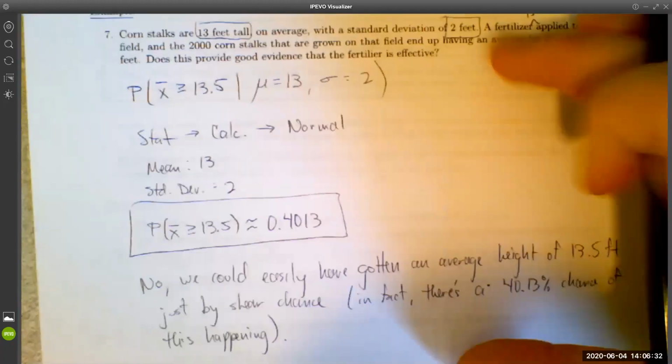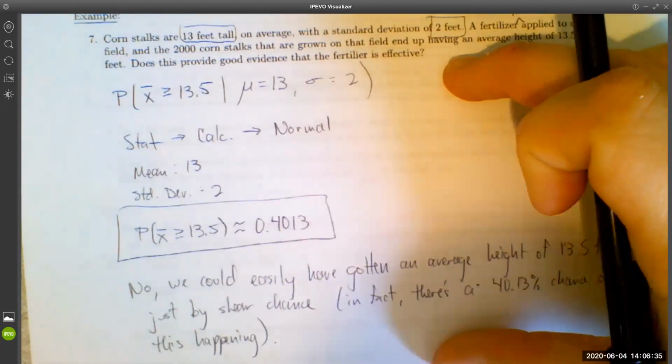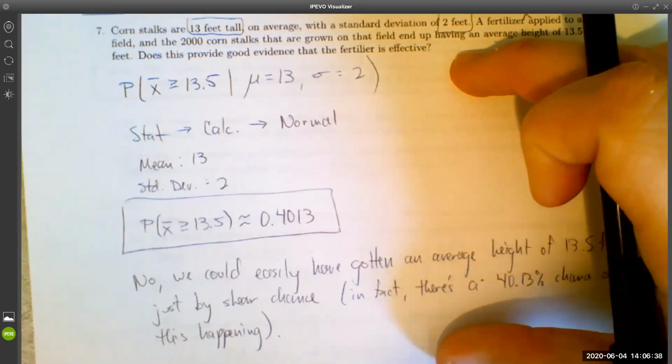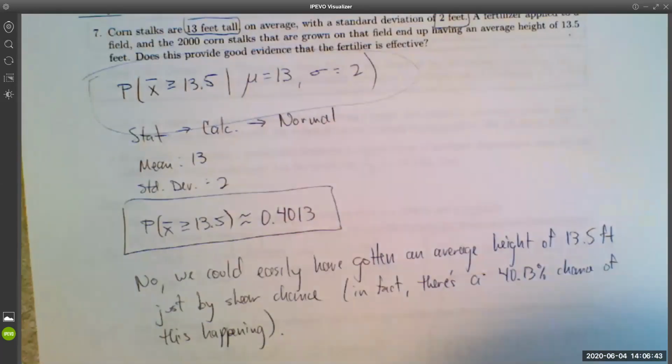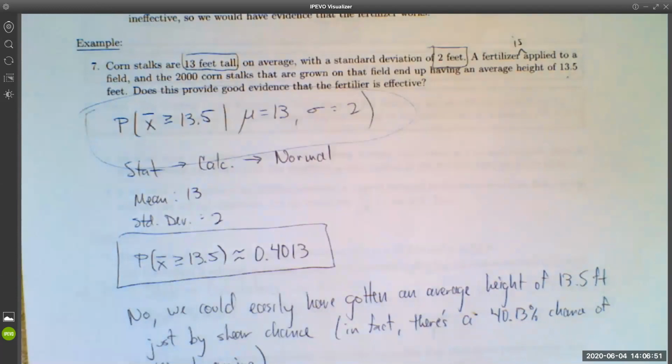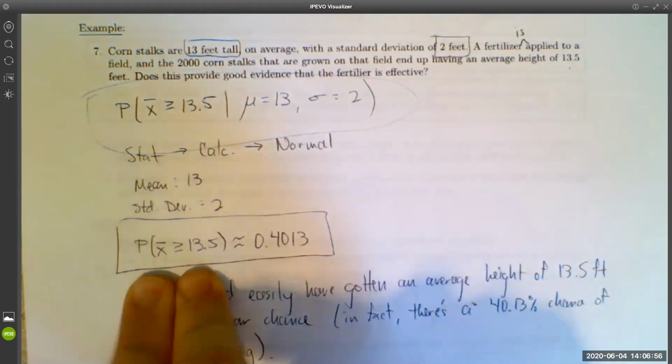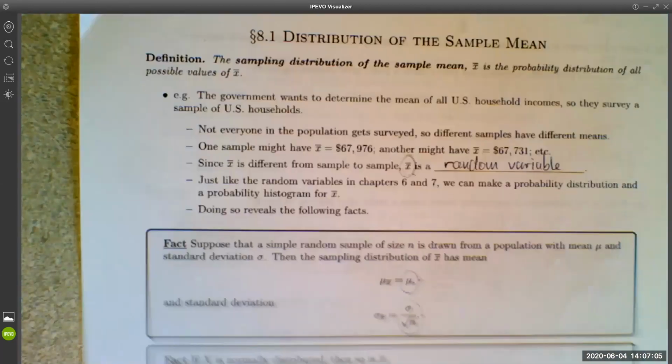This is the basis of all of the inference that we're going to be performing in Unit 3. Basically what this probability is called is the p-value. This is the p-value of the hypothesis test that we would be running. And so we will talk about all of this stuff in more detail in the next unit. But that is why we're interested in computing probabilities involving X bar. So hopefully that all made sense to you. As far as actually finishing the homework problems, for the most part, if you just follow along with what we did on the first couple of pages, you should be golden.